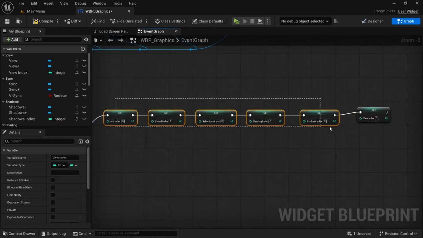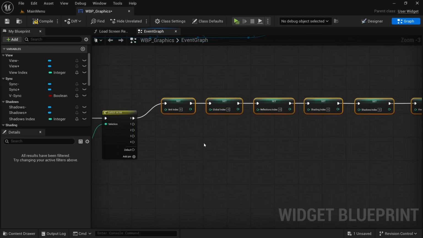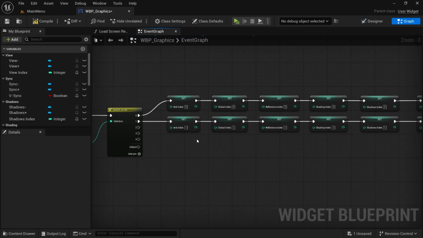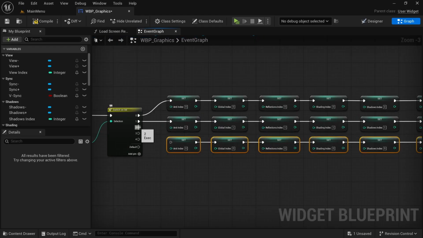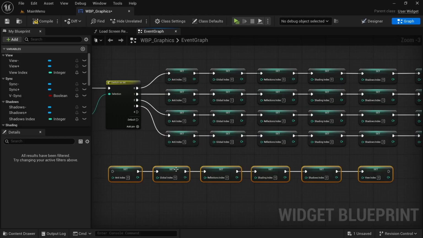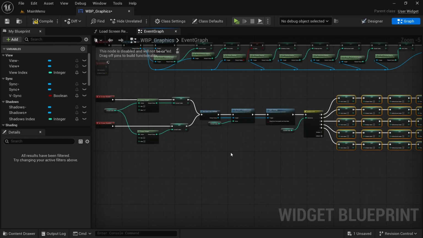And then we're just going to select all the variables, press Q to make them all straight, and then select them all again, Control D, and place that below. We're going to change all the values to 1, and connect that to the 1. Then Control V, connect the 2, set them all to 2, and Control V again, connect to 3, set them all to 3. Final time, Control V, set them to 4, and connect this to 4 as well. And then that will be it